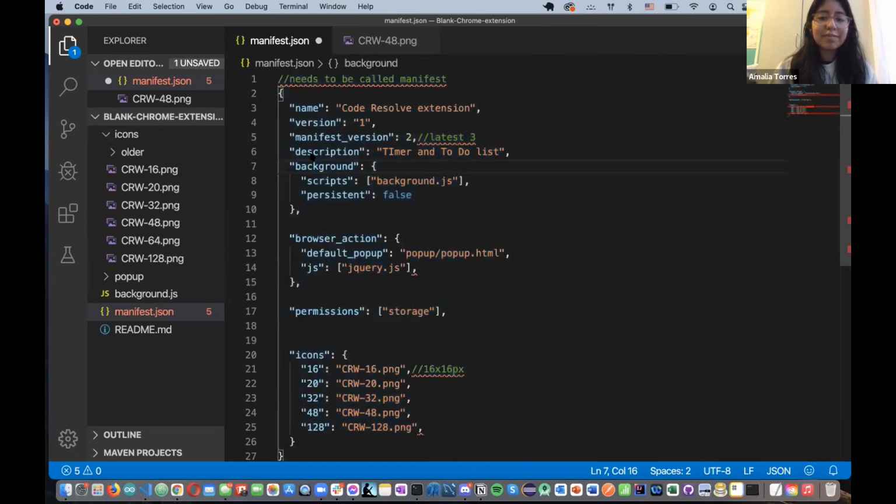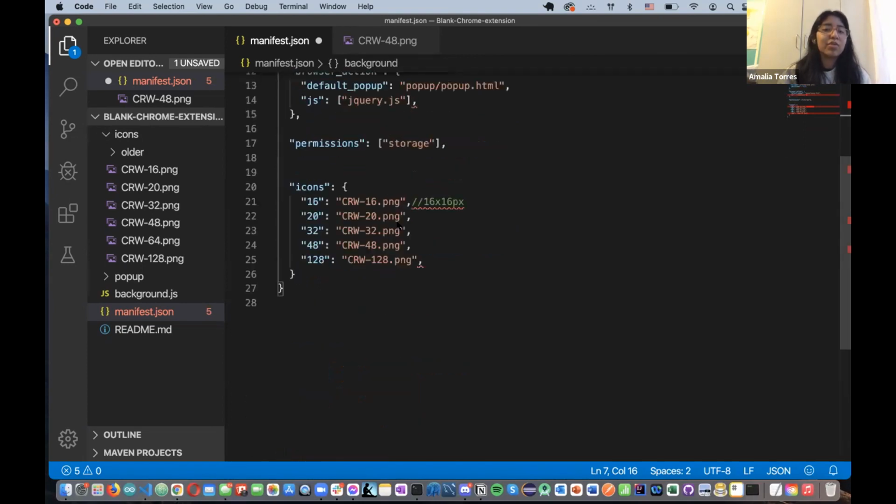Yeah. So we're done with the manifest. All Chrome extensions have this. The only reason it might look different on other Chrome extensions is that it's a different version. And some have even more if you use